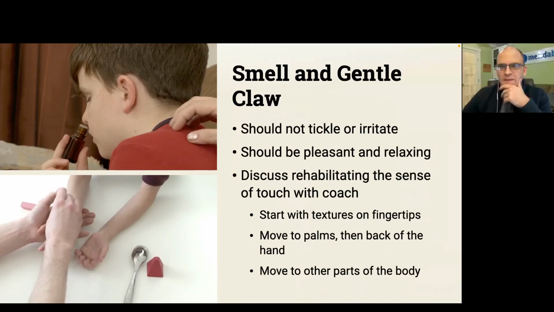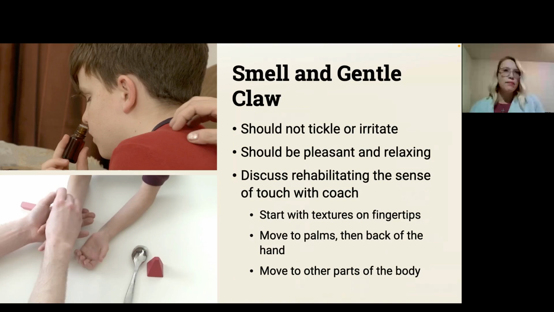Yeah, and what about smell? It sounds like you use essential oils, which is very convenient, right? It comes in bottles, you have a variety of them, and you can purchase them on Amazon. How did you have to modify that for her? I mean, it took a few times for them to pick their favorites, which is also fun for them to engage and have some say. And they're convenient, right? You can do this really anywhere. You pop a couple in your purse or in your pocket if you're going to be out for the day. It really is so fast and easy, and it's fun for them.